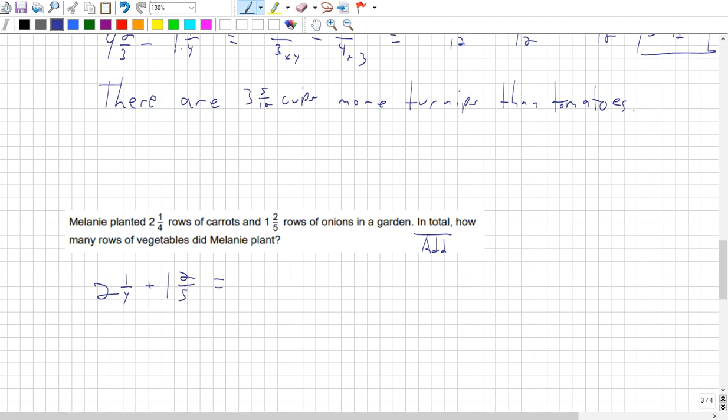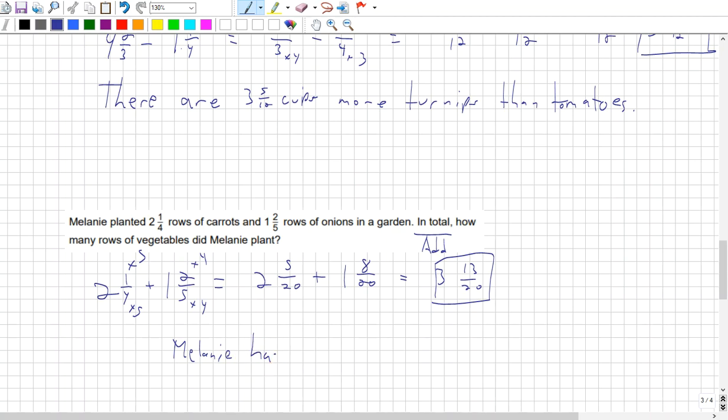So the whole numbers I can just add together. The fractions, remember I have to get common denominators. So the common denominator of 4 and 5, again, we know is 20. So I'm going to multiply this one by 5 and multiply this one by 4. So I get 2 and 5 over 20 plus 1 and 2 times 4 is 8 over 20. 2 plus 1 is 3. 8 plus 5, I never remember this one, but now I can remember it's 13. So 13 over 20, can I reduce that? Nope. So I would say